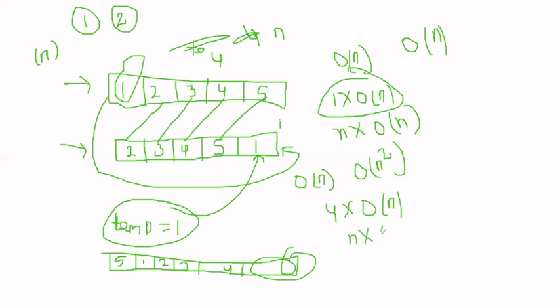Is anybody having doubt in the time complexity? What is big O of n? What is theta of n? What other notations are there? If you are having any doubt in the notations, why we write big O, why we write theta, why we write sigma, kindly share a message in the group so that we can arrange a session on the time complexity of any program.